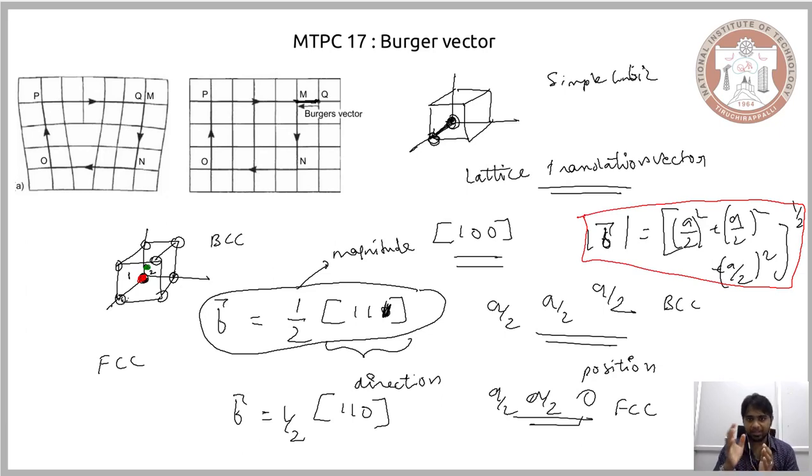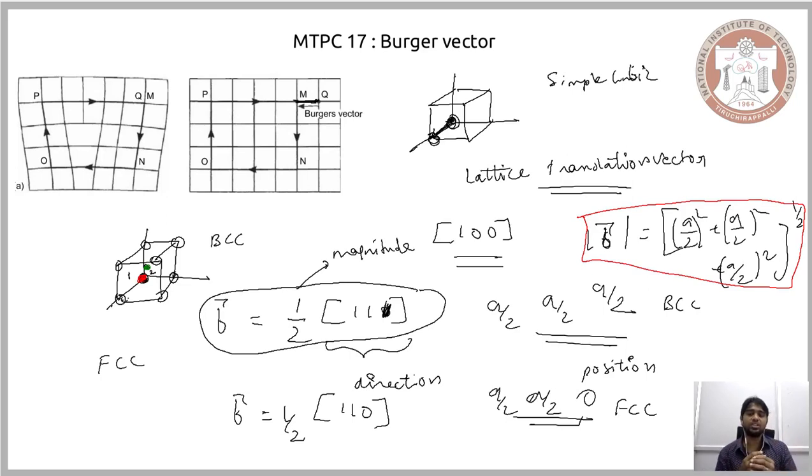And based on this representation, it is possible for us to calculate the magnitude of the Burgers vector, and that is by considering the interatomic distance in the Burgers vector, or the distance between the atoms in the Burgers vector, squaring it along each of these coordinate axes and then taking the square root of it. So by this you will be able to quantify the magnitude of the Burgers vector. So we have seen that the Burgers vector can be classified and represented, and the magnitude of the Burgers vector can be separated from the overall representation and then calculated.